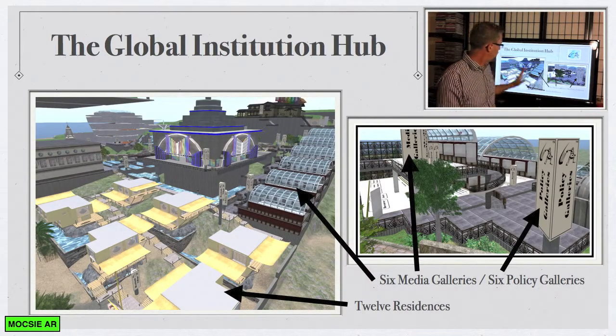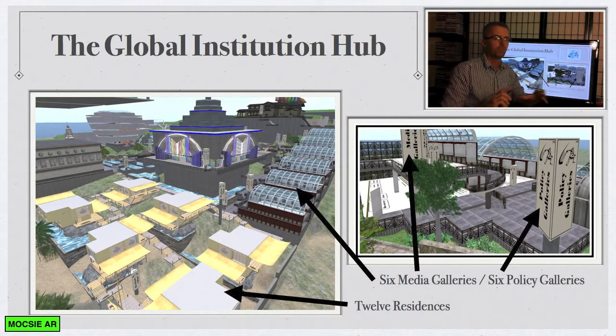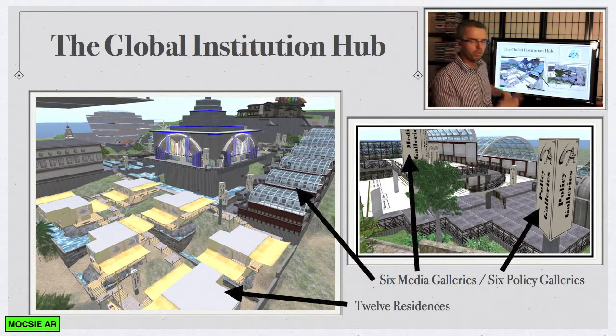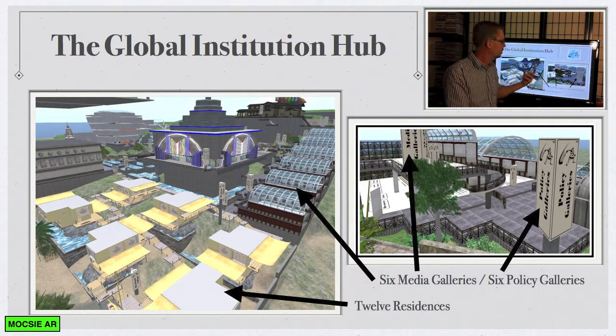So the Global Institution Hub, and when you talk about an entire region that is dedicated to the bringing together a policy, so let's talk about labor solidarity. If we're talking about labor solidarity in the United States, they might have an entire region, which means one core of a processor, dedicated entirely to their space, so that they would have 12 residences. This would be a social activity hub where people actually work together and meet each other in informal settings. You have gathering facilities where you can have and host up to 150 avatars in a single location for events.